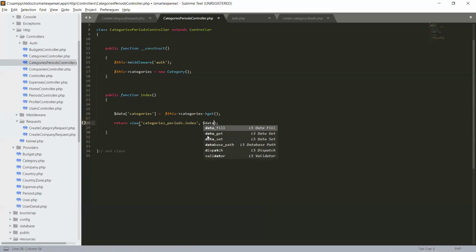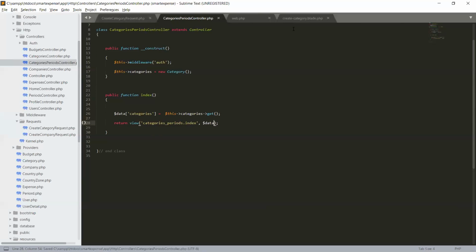So just give the data. There are other ways of sending data to a view, but this is a nice, short and sweet method to give an array. You can check out my Laravel series for absolute beginners, where I have discussed the different methods of sending data to a view.